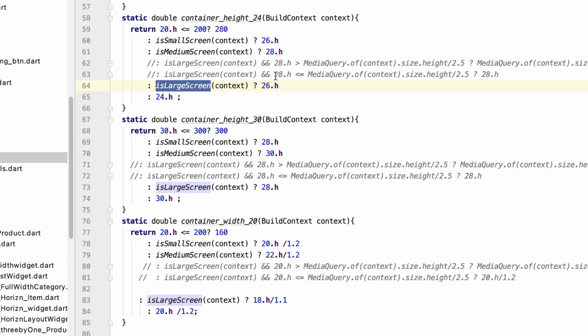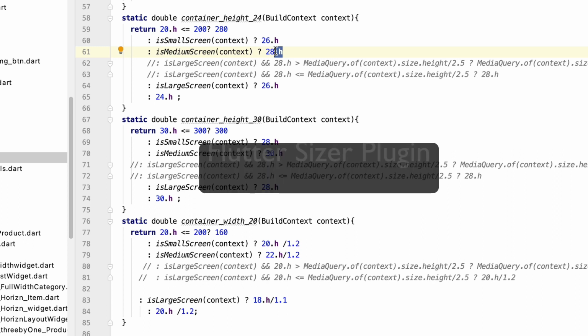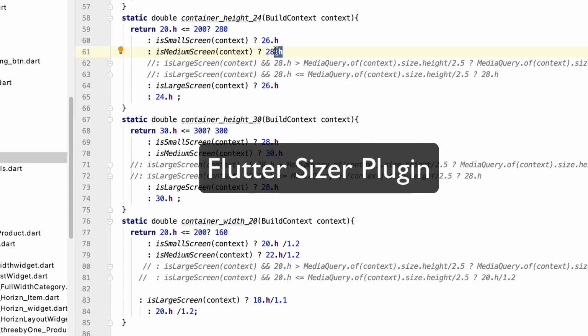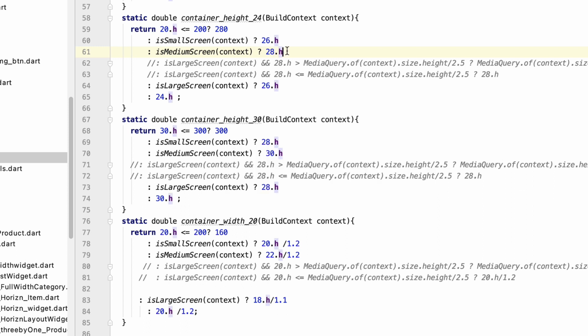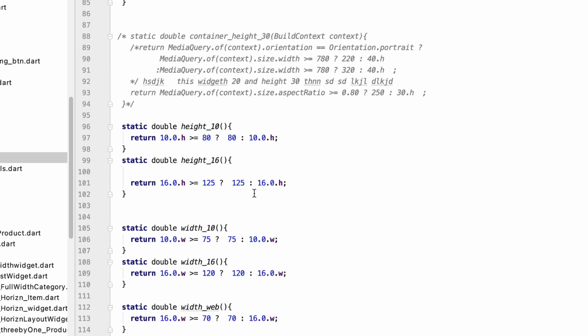It is very simple, and the sizing that you are seeing there is from one plugin, the name is Flutter Sizer library. Okay, so just search Flutter Sizer. Once you get this Sizer in your project, it will automatically resize your content, even the font as well.